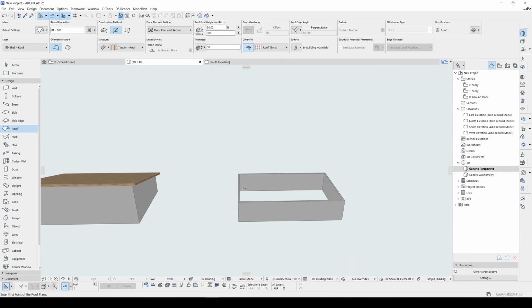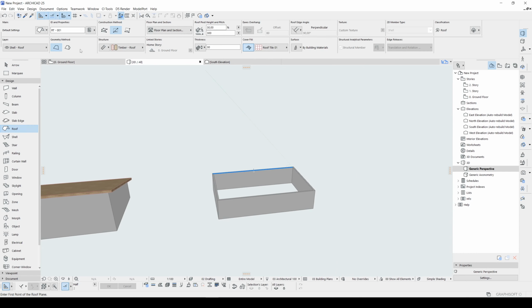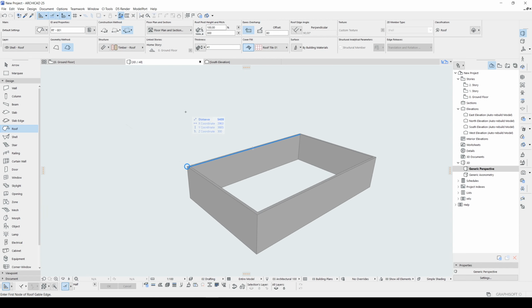Let's pick up this roof. And this time the geometry method will be this multiplane, and the construction method will be this one because we can determine the roof direction better than this. Before that, you can see this eaves overhang is 80.